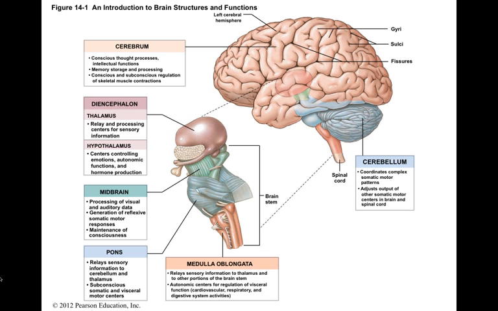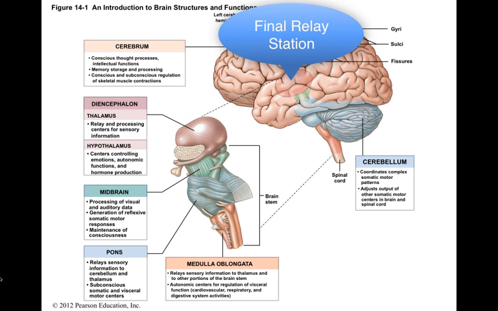Each thalamus helps to relay ascending sensory information to the cerebrum. Ascending information from the spinal cord and the cranial nerves synapse in the right or left thalamus before reaching the cerebral cortex and our conscious awareness. It acts as a filter, passing on only a small portion of the arriving sensory information. The thalamus is the final relay station for ascending sensory information that will be projected to the primary sensory cortex